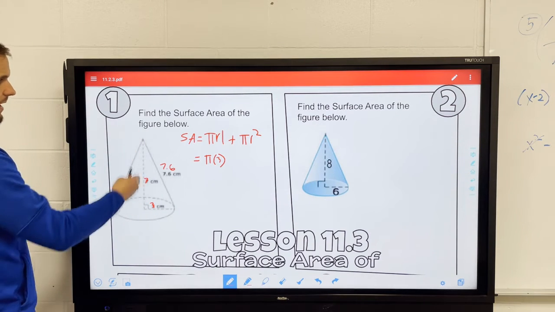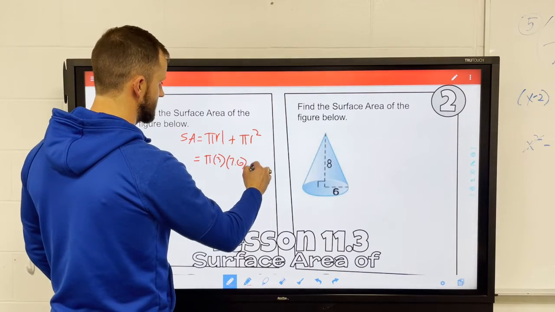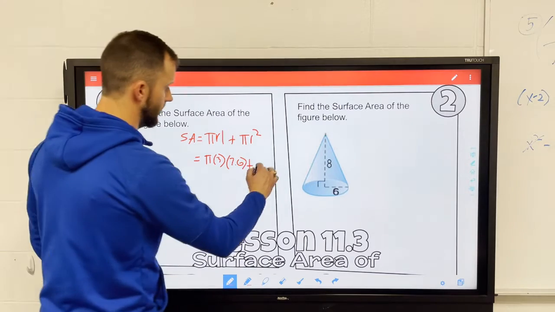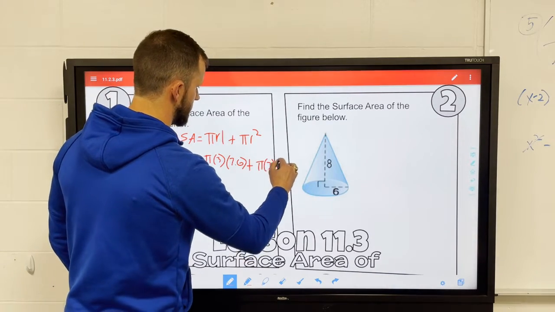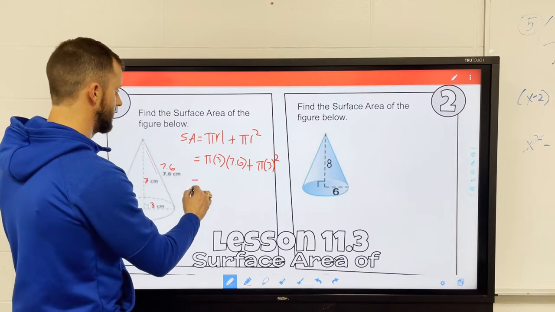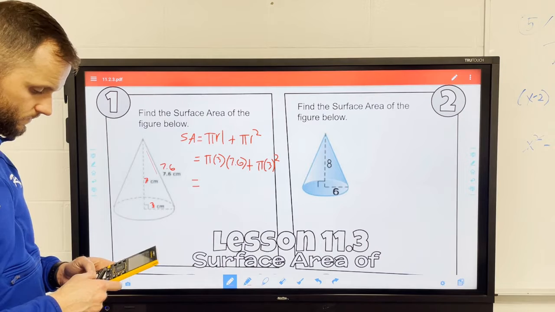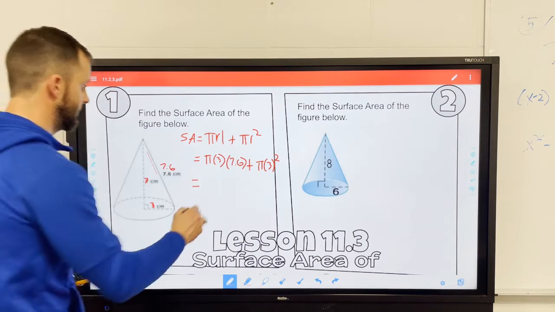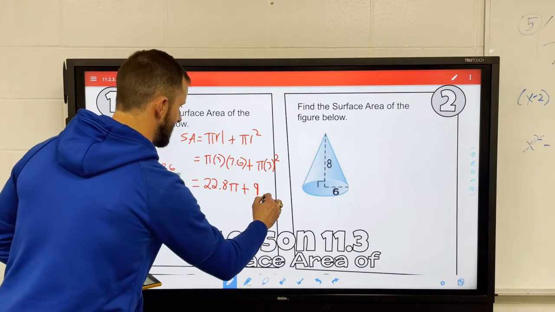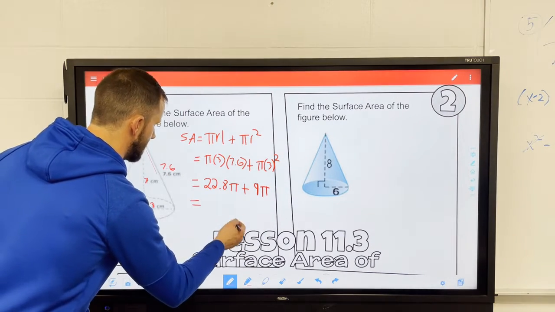Remember, this is my regular height. Remember, the L is the slant height. So I'm going to be multiplying by 7.6. And then I'm going to be adding the area of the base, which is going to end up being a circle. So pi times 3 squared. So I'm going to do the same concept again. I'm going to do everything in terms of pi. So 3 times 7.6 is going to end up giving me 22.8 pi, plus 3 times 3 is 9. And 9 pi plus 22.8 is going to end up giving me